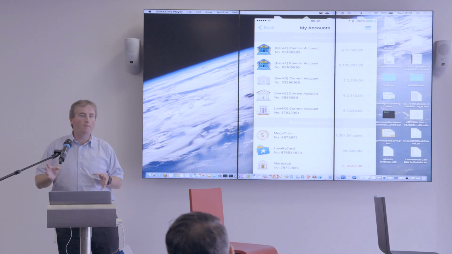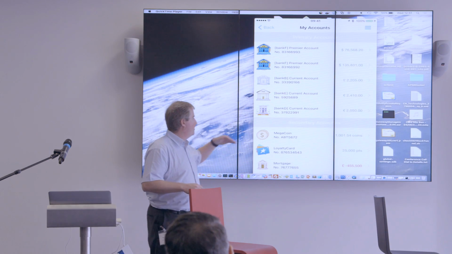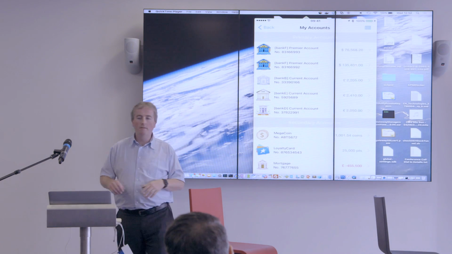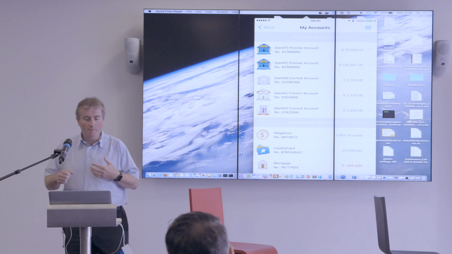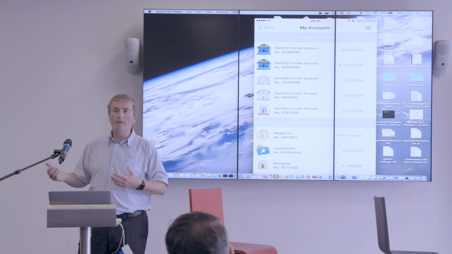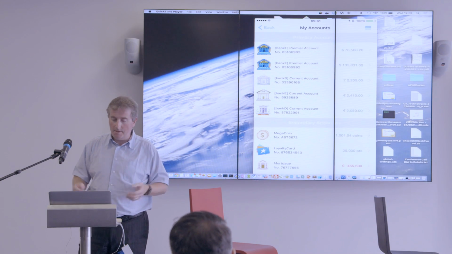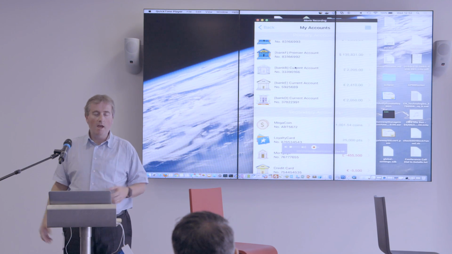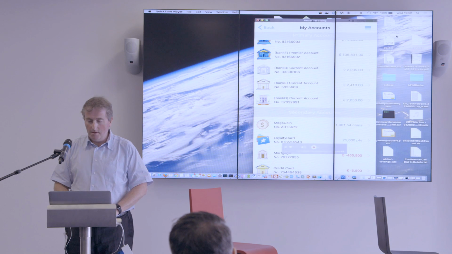PSD2 is not just about pure bank accounts. It's different types of blockchain or digital coin type currencies out there. Loyalty cards, an interesting concept where loyalty cards actually have a monetary value, your Avios type points scenario, etc. Down to things like your mortgage, your credit card, having one single view of it. Now,